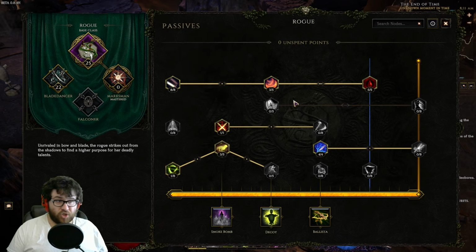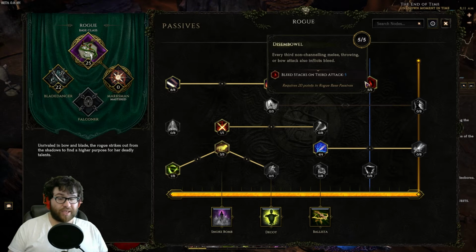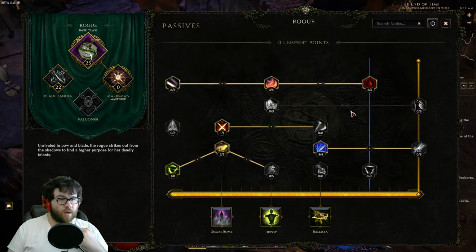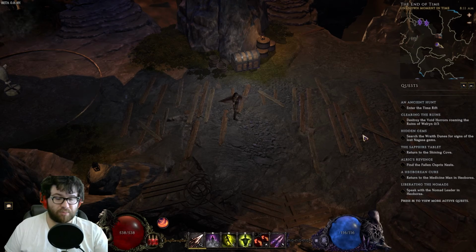Eventually we move up, we travel. I'm just going to talk about the important nodes. 5 points into Disembowel because the bleeds get turned into poison, and early on you get more damage with puncture. Then 4 points into Sapping Strikes, because not only do we get health gain with our Umbral Blades, but we